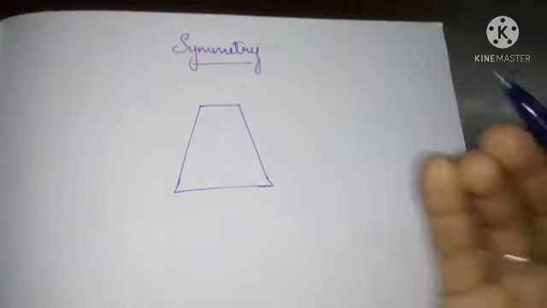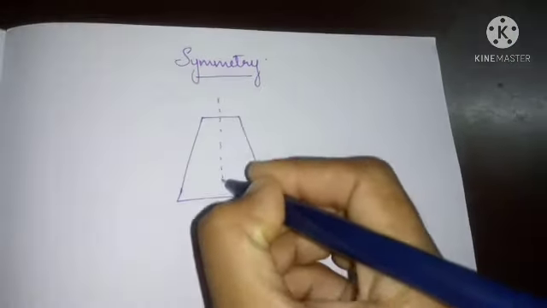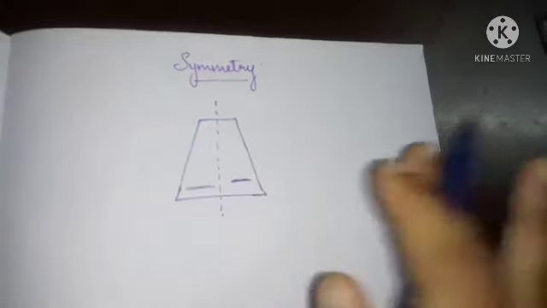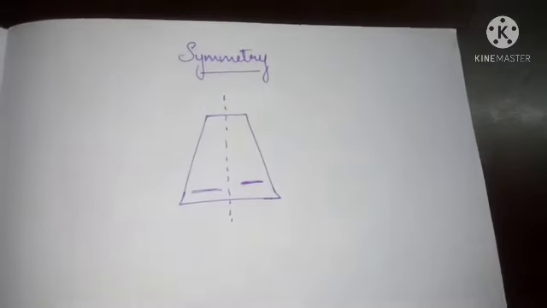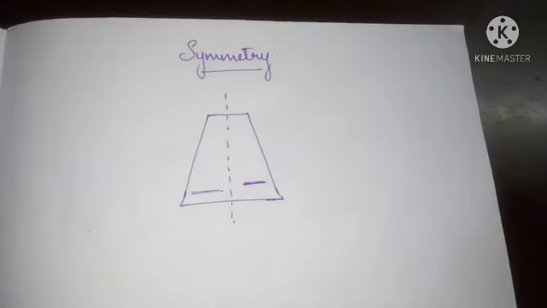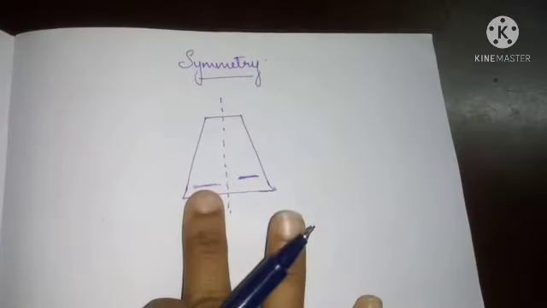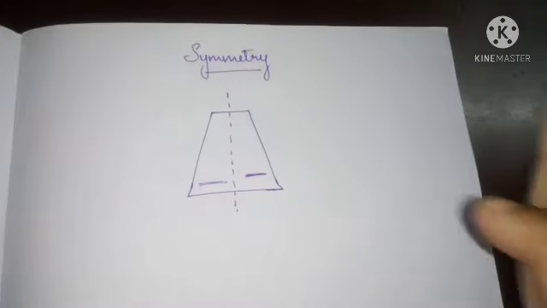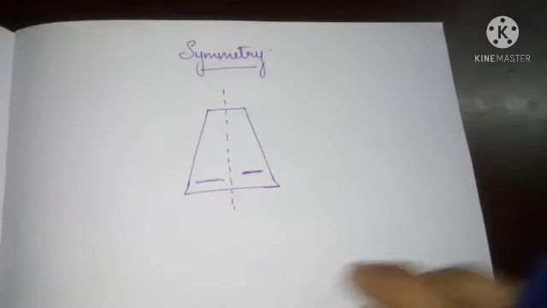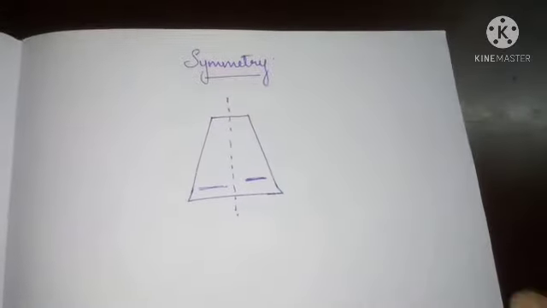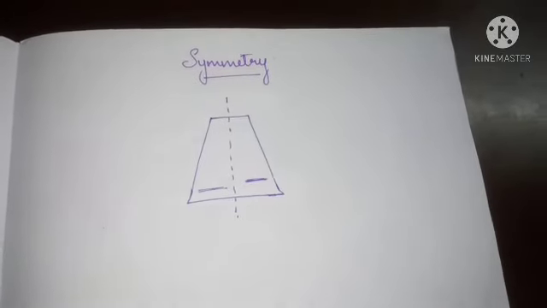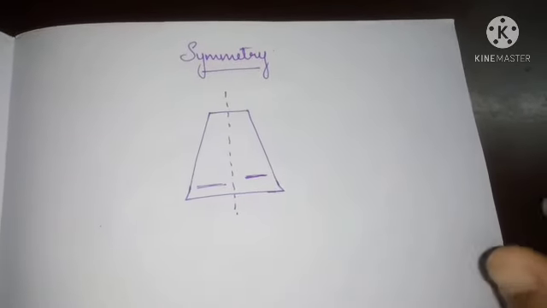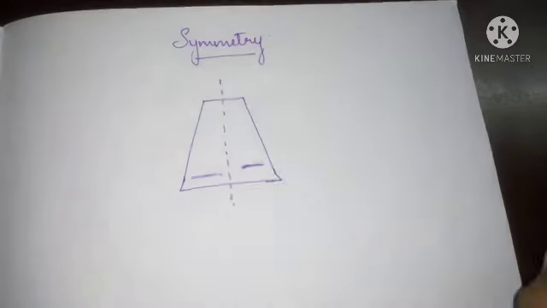How? If I draw a line in between this diagram, the left side part and the right side part of that figure are balanced. They are balanced and they look proportionate. This side is equal to this side and this side will be a mirror image of the other side. So it will be equally divided. At that time we say this object is symmetrical. So they form a symmetry. If an object forms a symmetry, we say that object is symmetrical.